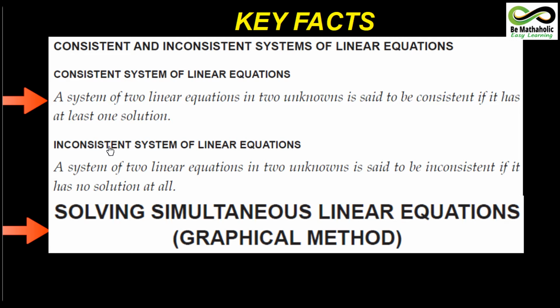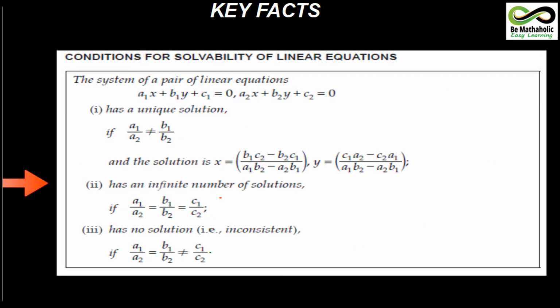You must have observed different methods and techniques of solving linear equations. Here we are going to discuss the first method, the graphical method. In the graphical method, you must have seen there are three types of linear equations. Why is it called a linear equation? Because you get a line when you plot the graph of these equations. So we have three types of lines when we plot the graph of a linear equation.